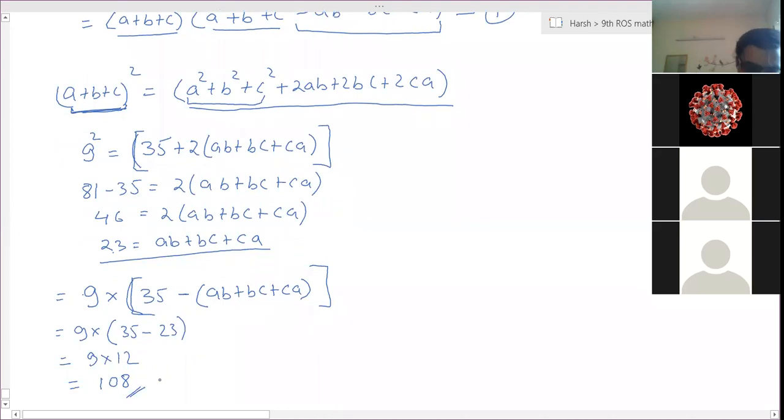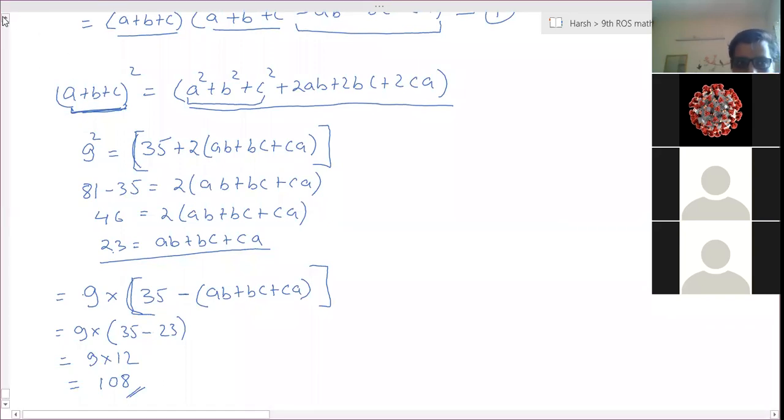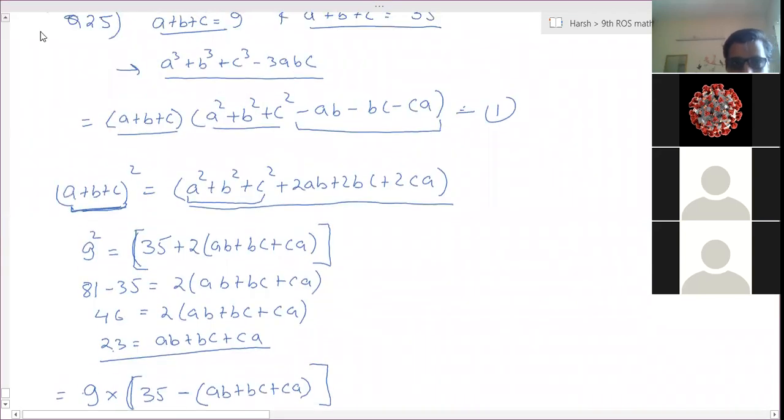See the approach. This is one type of question, but the approach should be this. I'll tell you again, listen to me. This is given. What is given? These things are given. What you have to find? This you have to find. So from here to here you have to move. Okay, this is the formula. I remember that this is equal to A plus B plus C and this one. So write it down. Now see what is given.